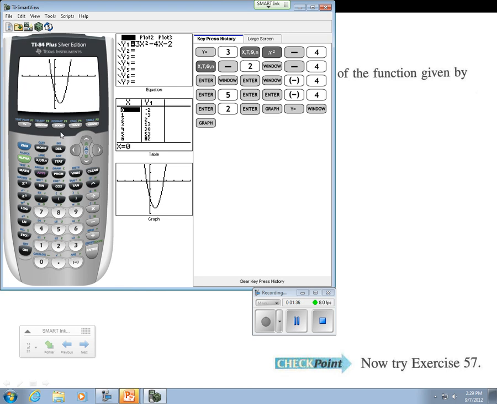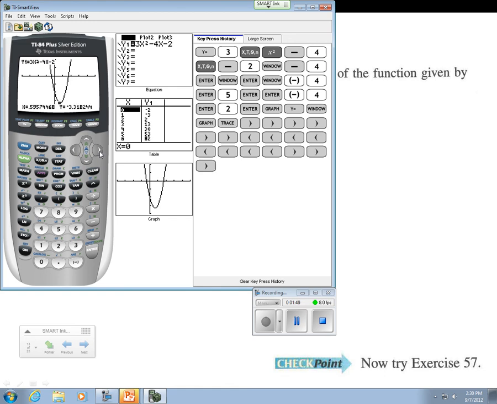So we're going to want to use our trace function here. And we're going to move it over, back and forth, and find the y value at the very bottom. Negative 3.33 looks like the lowest we can go. Now we're pretty far zoomed out here, so we might be able to get closer and see if we can do a better job. So let's go ahead and use our box zoom,